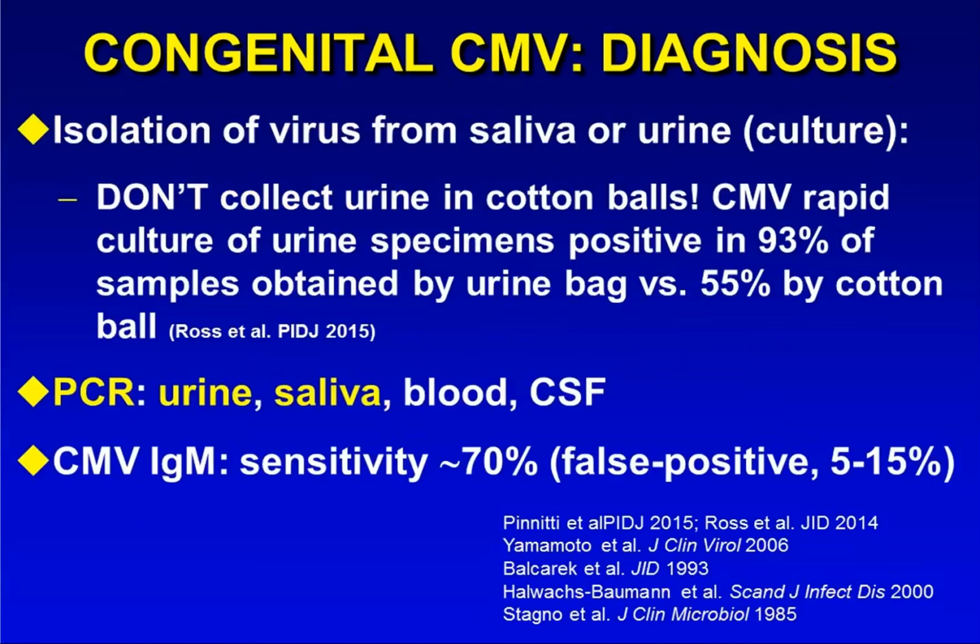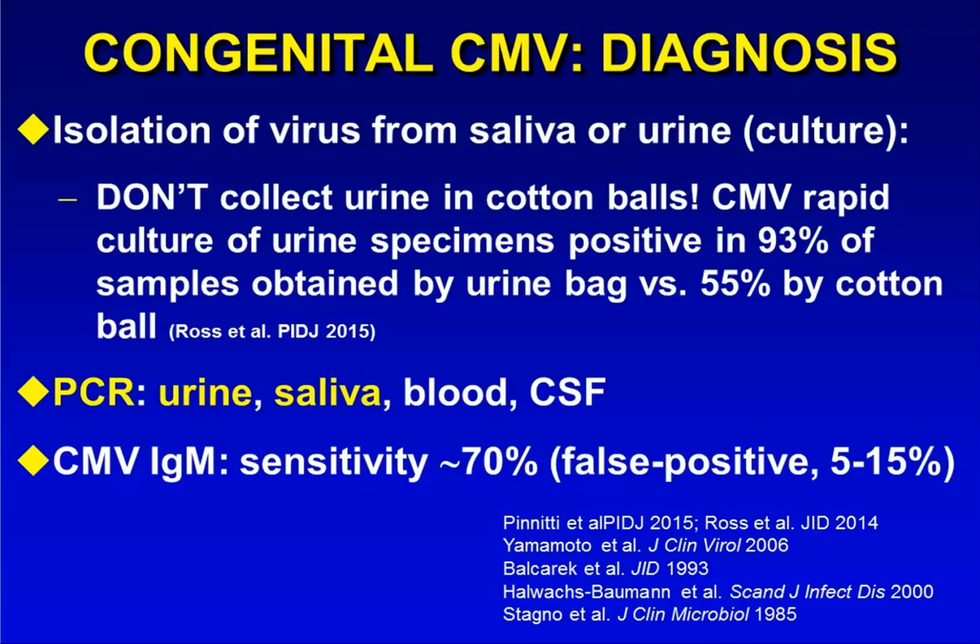And the reason being that it's easy to diagnose congenital CMV. We can detect this virus in culture or, better yet, by PCR. We can do saliva screening because CMV is a salivary gland virus, present in our saliva when it's active. And in these babies, they shed the virus in their saliva. We can screen it. And if that's positive, then we need to confirm it with urine because